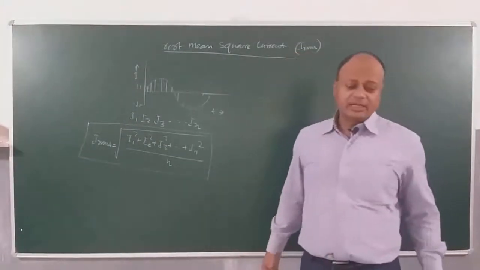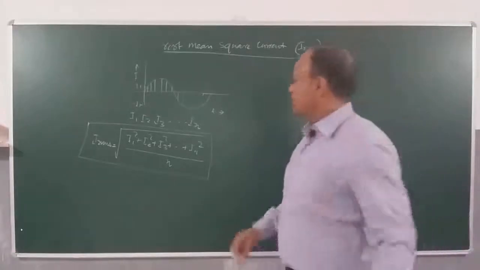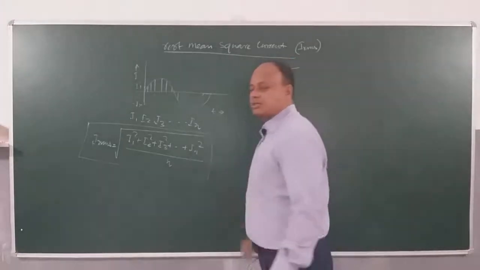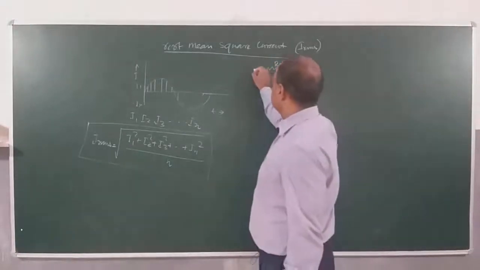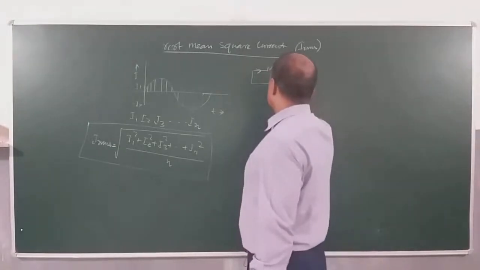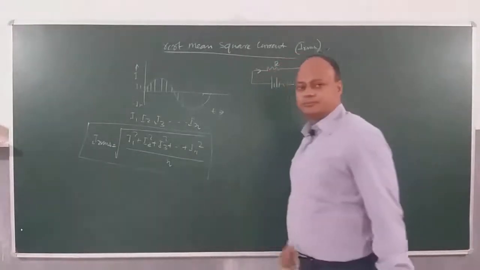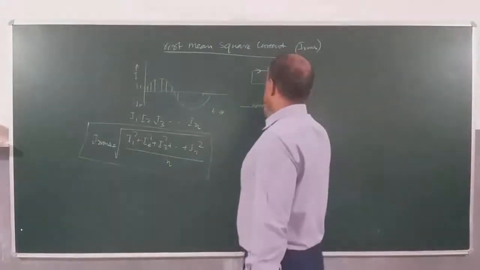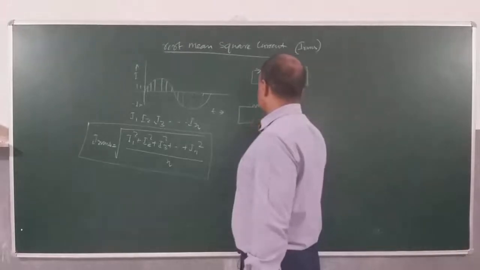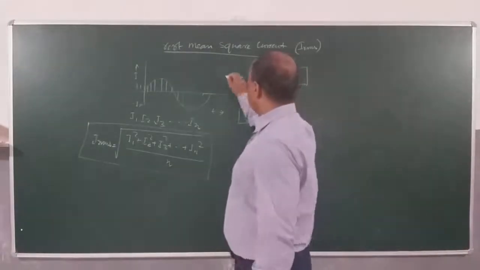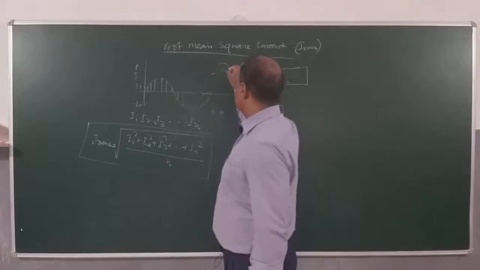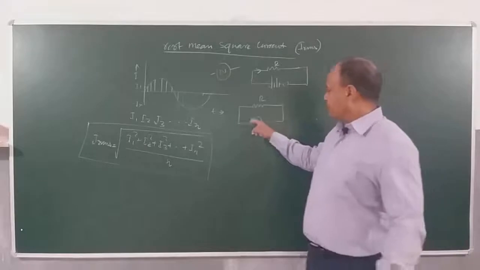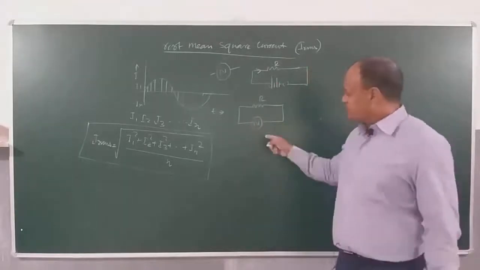Like I said in the beginning, if you have any circuit with a resistance R, and through this resistance I am sending DC. And suppose through the same circuit now, I am sending AC. Remember, this is the symbol of AC input. A battery will be DC and this symbol, the sine curve, will be for AC. Clear? This is AC input.